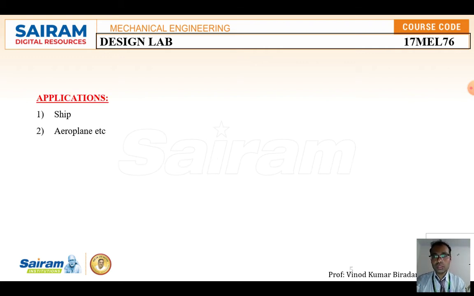Now the major applications of this gyroscope: we are going to use two major applications, that is a naval ship, that is a boat, and the aeroplane. Here, how we are going to turn to the left hand and the right hand direction, there we are going to use the gyroscope application. And in the aeroplane, while taking off, that condition also we are going to apply the gyroscope concept. How will the aeroplane land on the ground level? What is the direction of the front portion and back portion of the aeroplane?